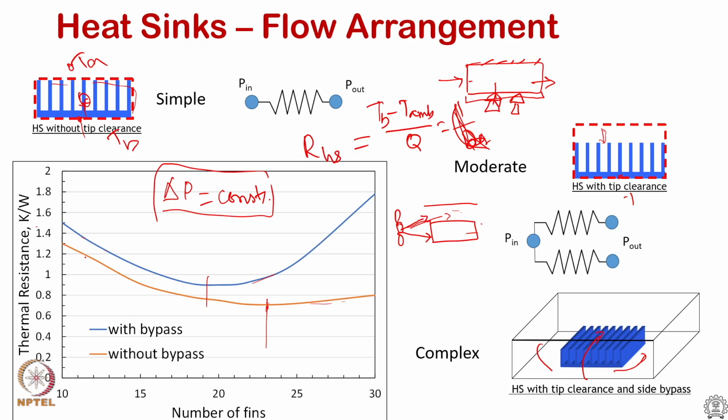So, the skin friction effects increase and the mass flow rate is dropping, but simultaneously, because you are adding more fins, the surface area is increasing. Initially, when there were fewer fins, the surface area was not sufficient to dissipate the heat that was conducted to the fin. It has to be dissipated into the air flowing medium. So, if that surface area was limiting, then the resistance was high. As we add more surface area, the mass flow rate is dropping, but that is still sufficient to dissipate, because